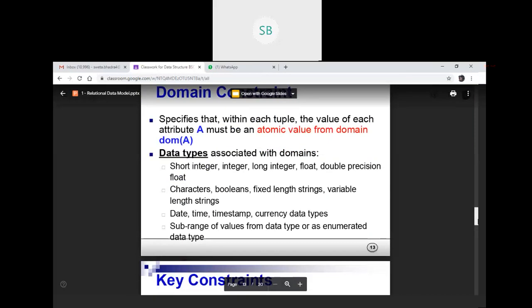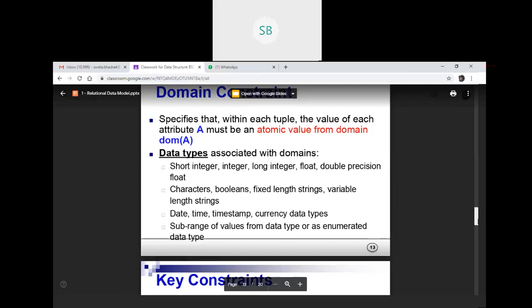So we were discussing the domain. Domain is nothing but a set of values for an attribute. It specifies that within each tuple, the value of each attribute A must be an atomic value from the domain of A. For example, for date we may have different sets of formats, so for each tuple, that is for each row, we have to use the same format which we have used earlier.